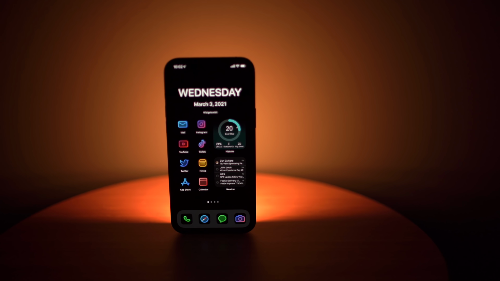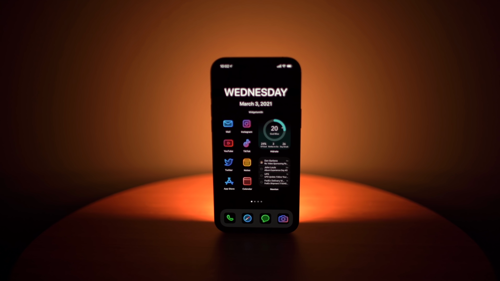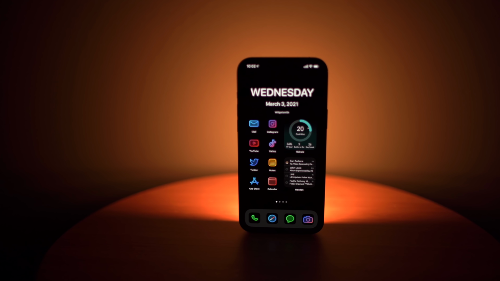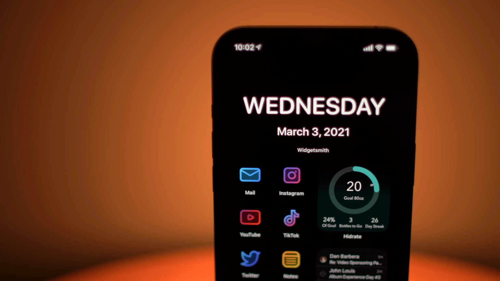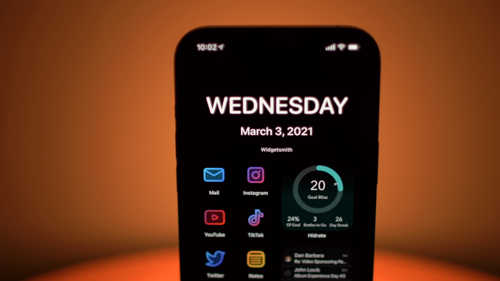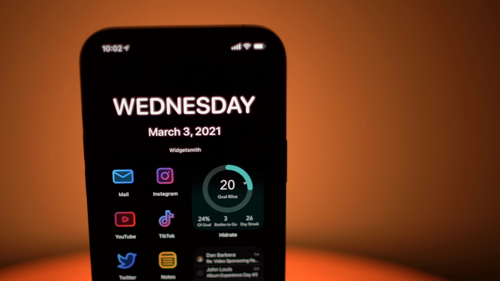All right, so that's really it for the light theme of this concept, and then it just kind of carries over in a very familiar fashion to the darker theme, except this time the icons will come from Moloko, but it's just a different profile. And then I do have a different date and day of the week widget here at the top, and this